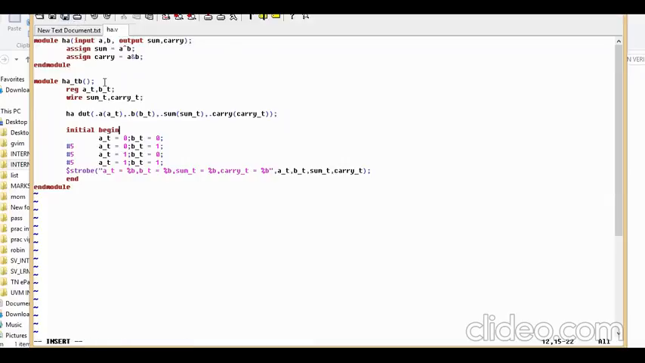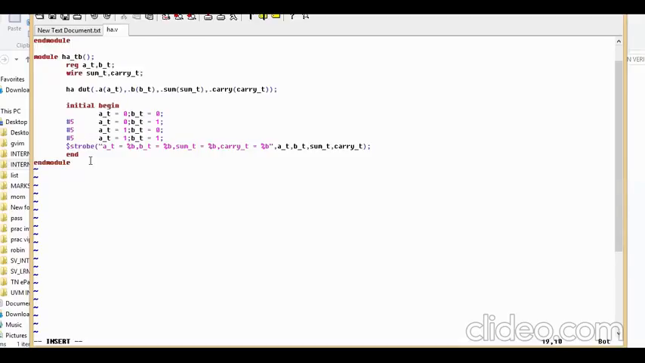So any doubts in this, or any doubts in your test bench, how to write your test bench? I'll give one example for your sequential also. Okay, good. So I'll give an example for your sequential. I'll take some